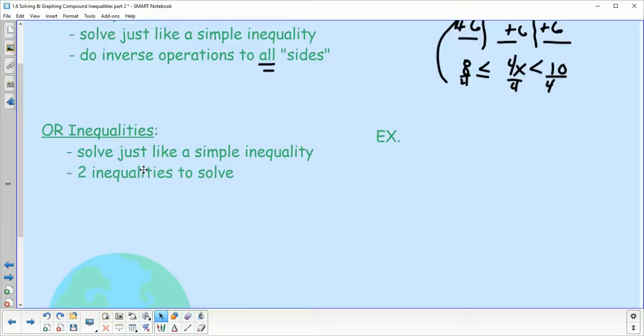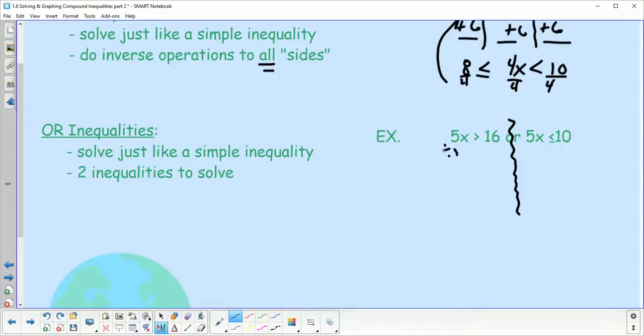However, it's like we're solving 2 of them now. So we're going to solve them independent of each other. You see now it's like having a squiggly right through the or. We've got 2 separate pieces. I'm going to divide this one, both sides, by 5. And that's going to leave me with x is greater than, and then we'd end up with